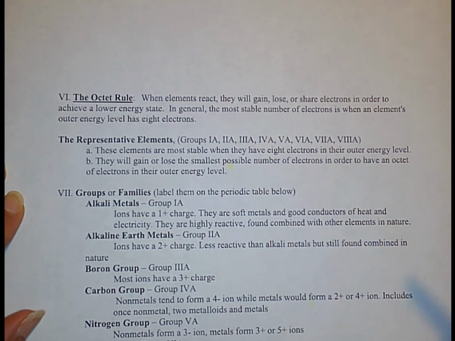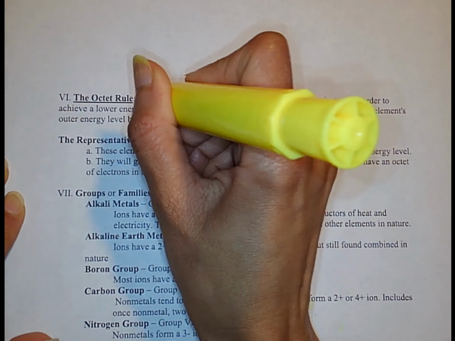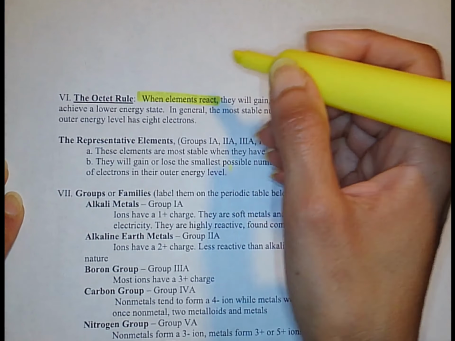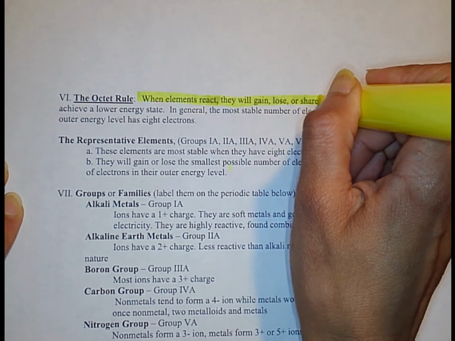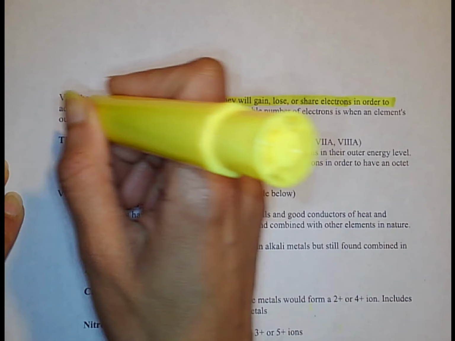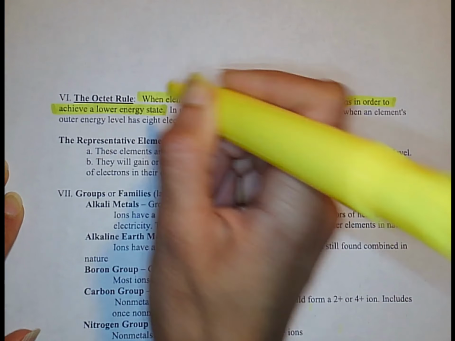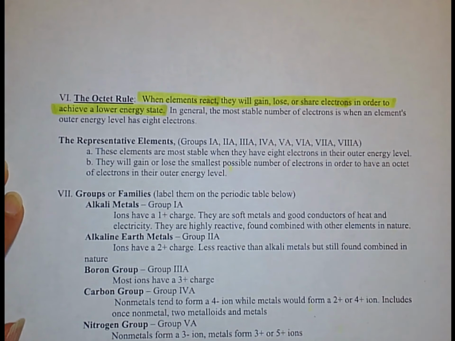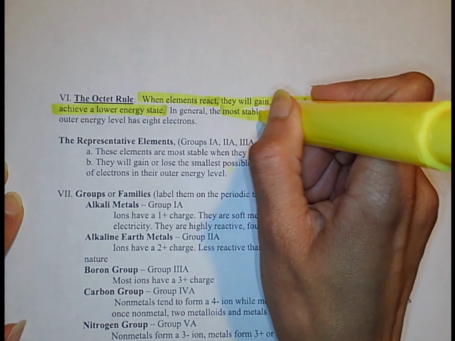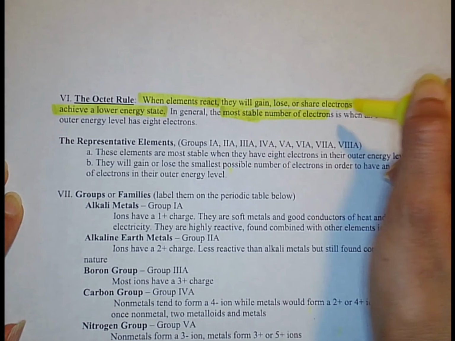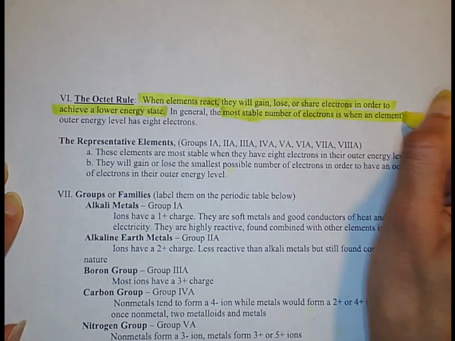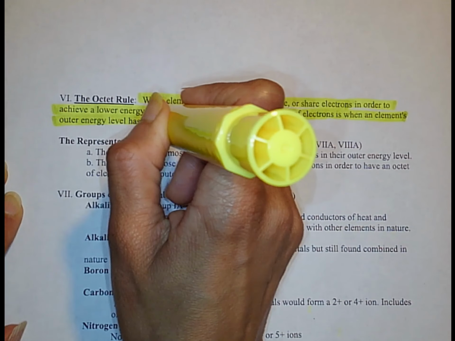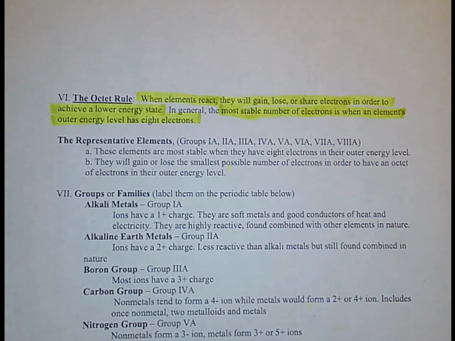So the octet rule is when elements react, they will either gain, lose, or share electrons in order to achieve a lower energy level state. And for the most part, this is where they're the most stable number of electrons, is when an element's outer energy level has 8 electrons in it. So understand this, you guys,